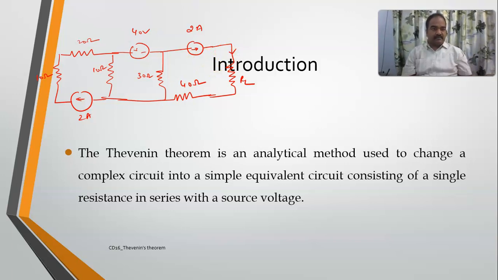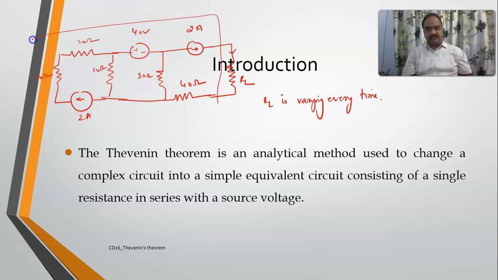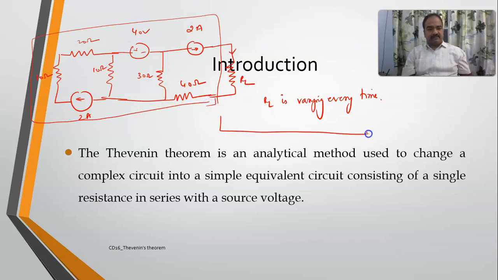Now let us suppose this is the simple problem. RL is varying every time. When RL is varying every time, we need to analyze the entire circuit again and again whenever RL varies. So it consumes more time if we keep on solving the entire problem again and again. The best way is this: this part is completely unchanged, right? So why don't we simplify this part to a simple circuit which will be represented by a simple voltage source and a resistance. Then in this case,